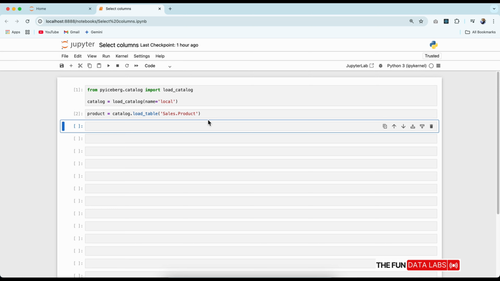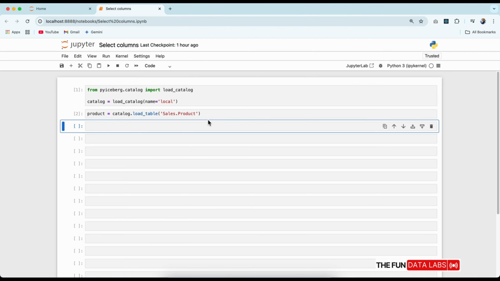It doesn't actually load all the data yet. That's one of the benefits of Iceberg's design. We just have the metadata that tells us about the table structure, but we're not loading all the rows into memory.